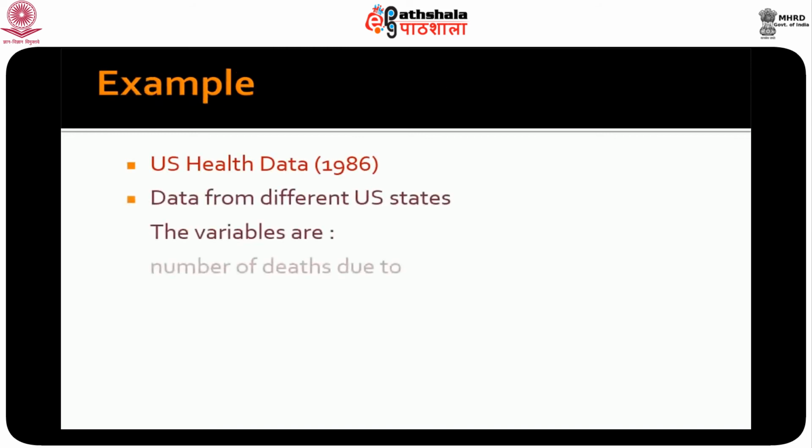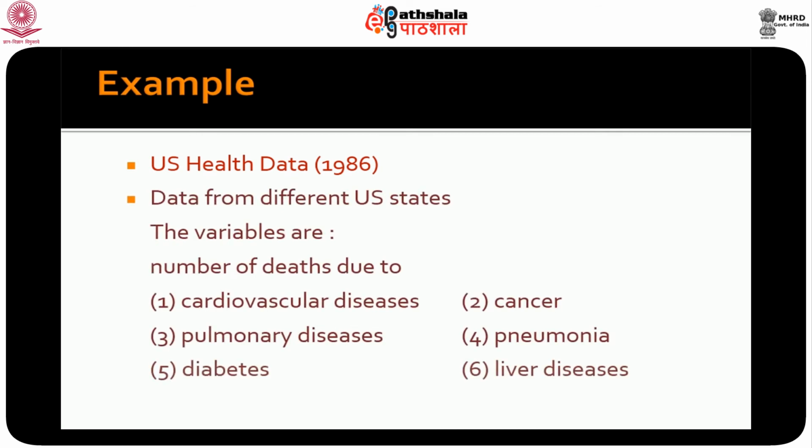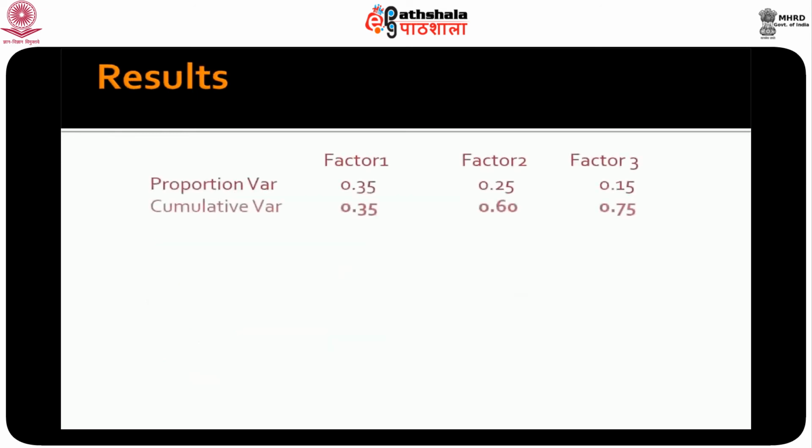Now, let us look at an example. In this example, we have 6 variables. These are 6 diseases, namely the cardiovascular disease, the cancer disease, the pulmonary diseases, pneumonia, diabetes and liver. And the data basically is the number of deaths owing to these diseases. And we wanted to find out if there was some particular factor or factors which are common to all these diseases. So, we tried out a factor analysis with these 6 variables